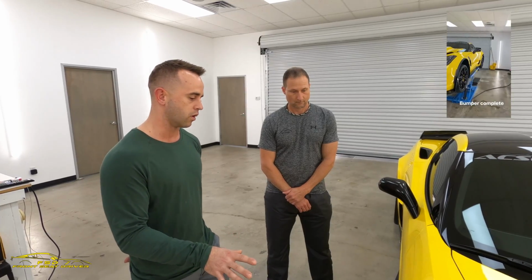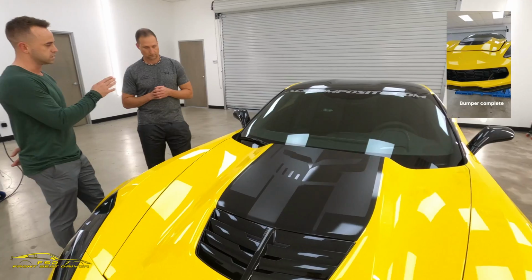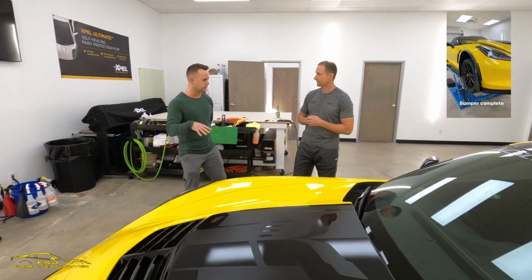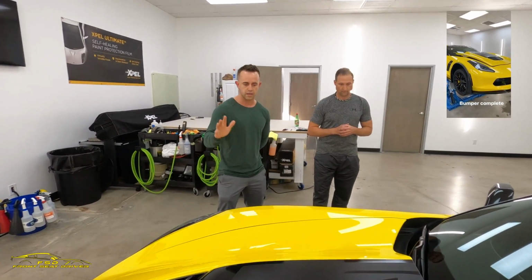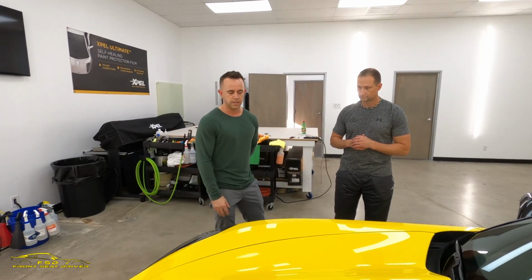And then on the front of the car, we wrapped it 100% in Xpel's Ultimate Plus film, did the mirrors, and I think we did the gas cap. Other than that, just your high impact areas. High impact areas, even the headlights. Yeah. And then